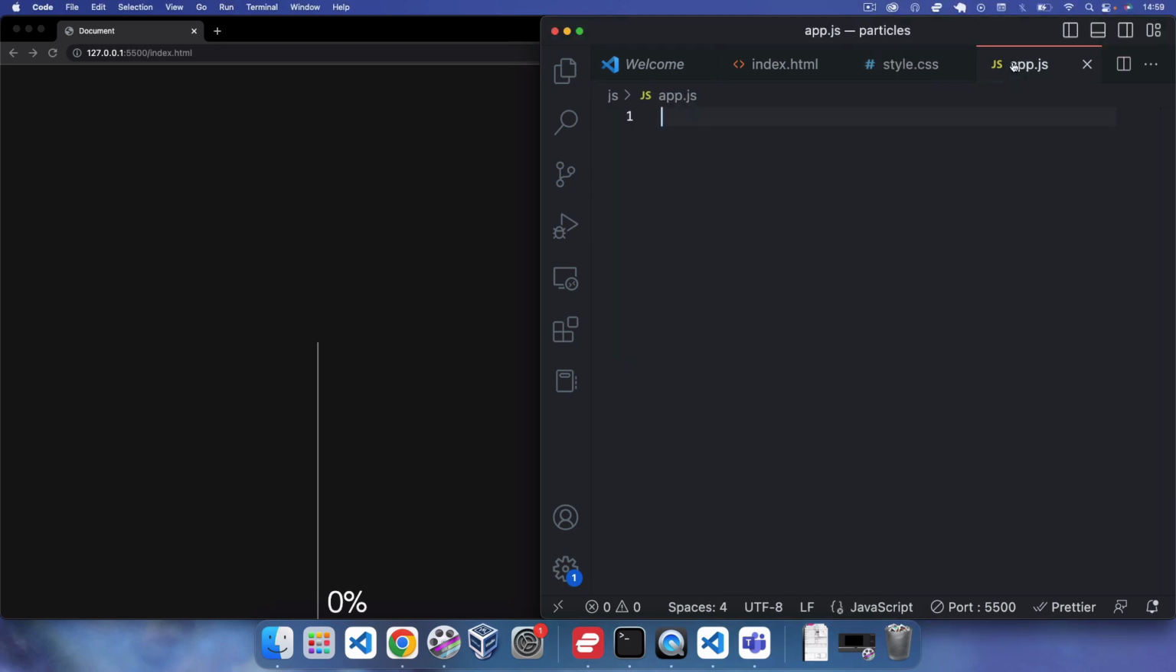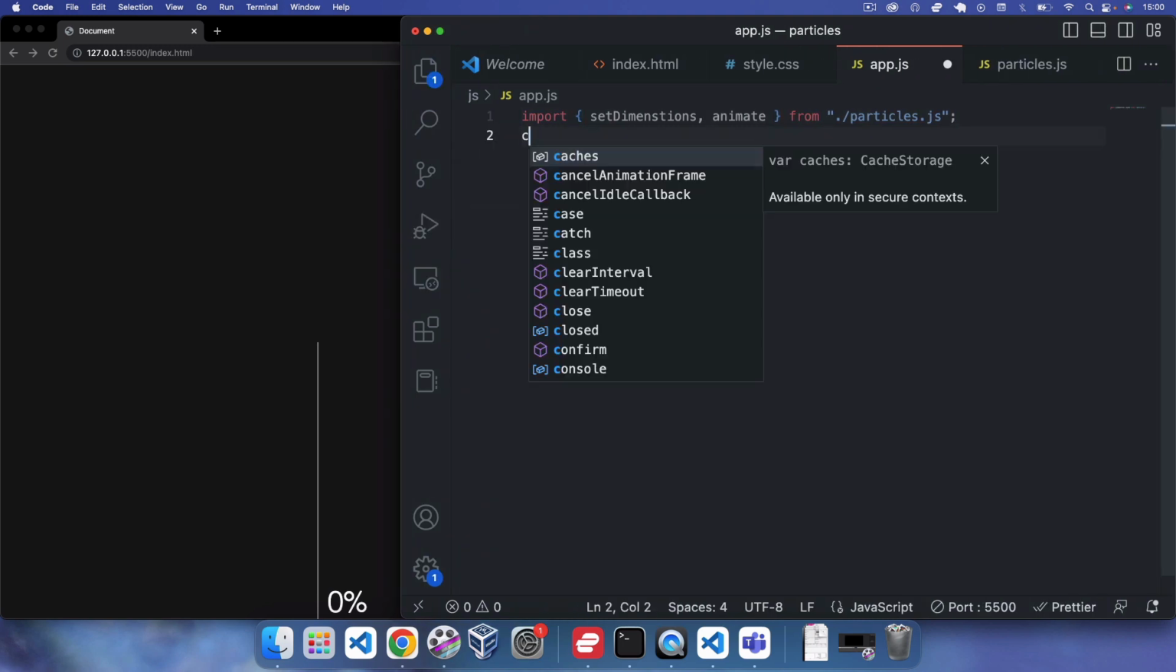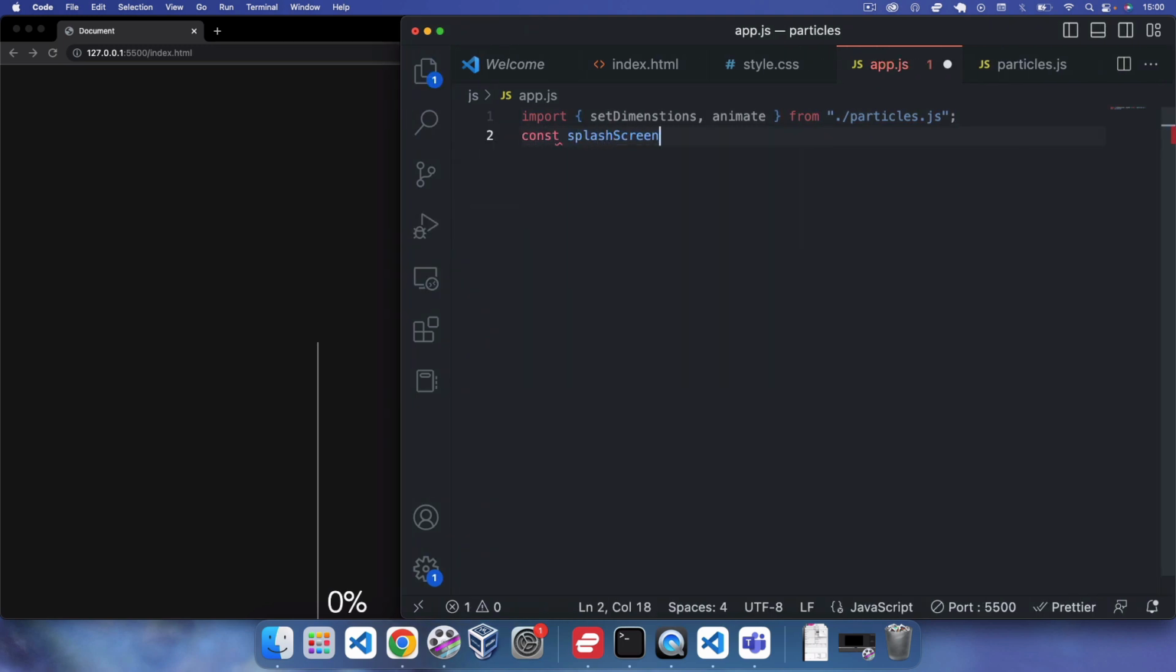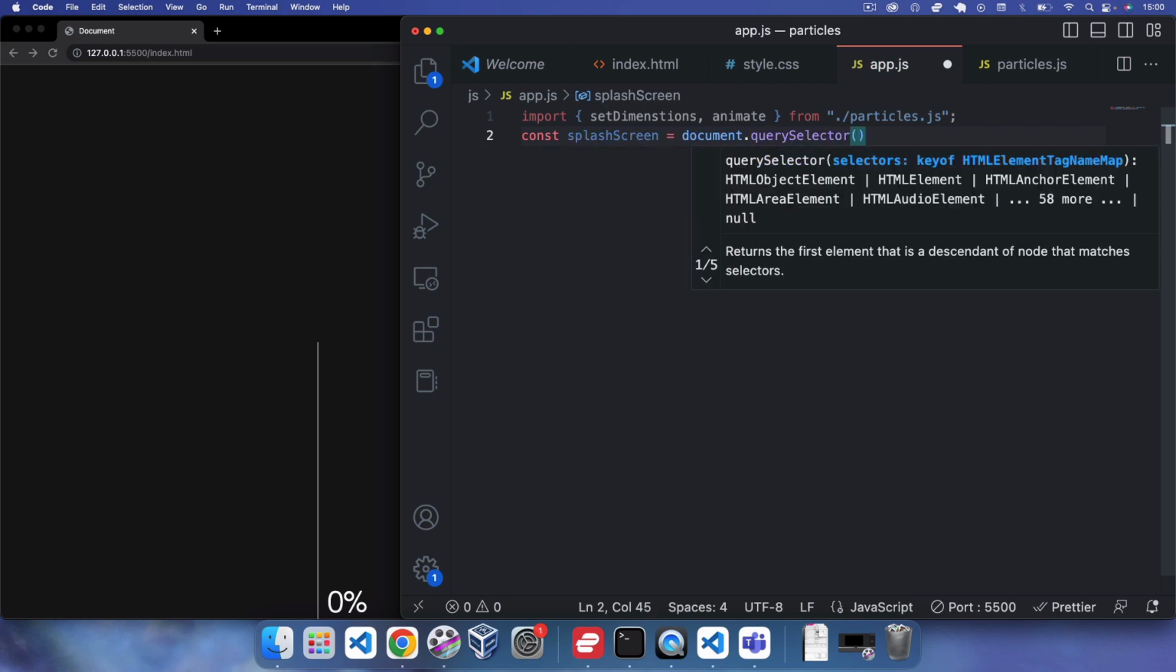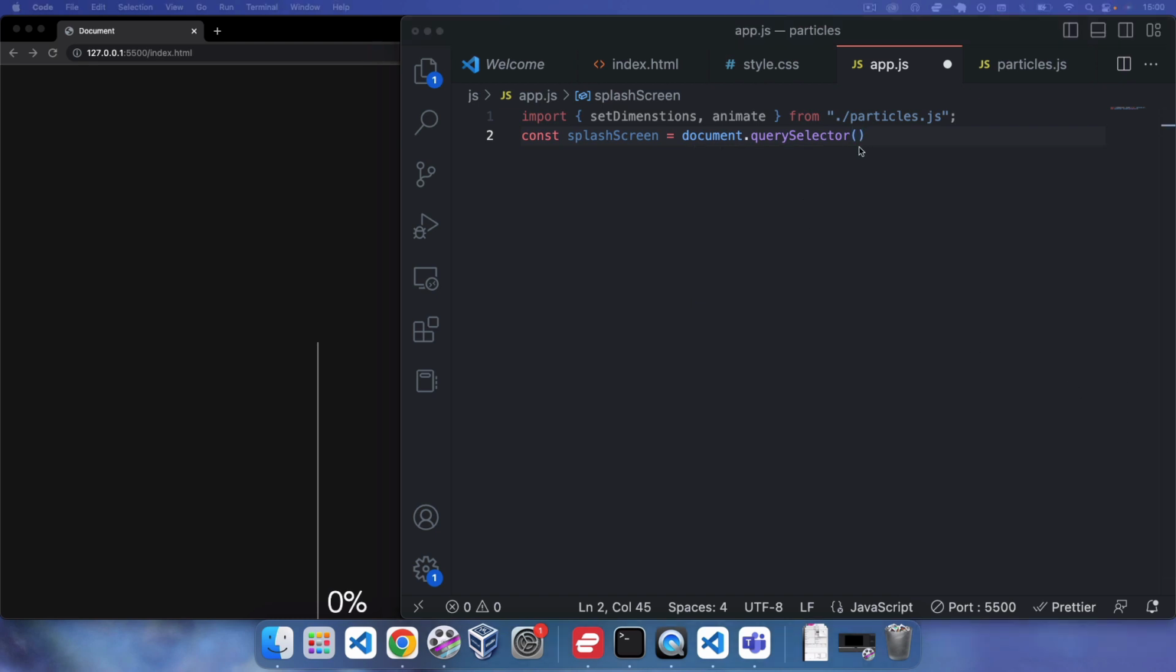So come to your app.js file now. Now the first thing we need to do in our app.js file is get all of our imports sorted. So we can say import, want to import the set dimensions from that particles.js file. And we also want to import animate, like so. Okay, and then what we want to do after that is just get some selectors. So we'll say const splash screen. That's going to equal document dot query selector, and it was just that splash screen. So we'll say dot splash screen,